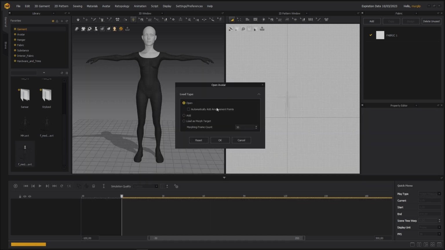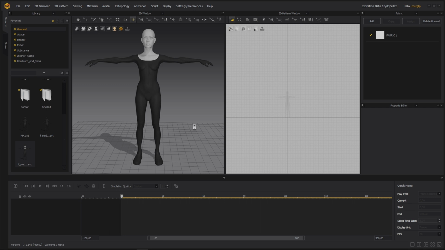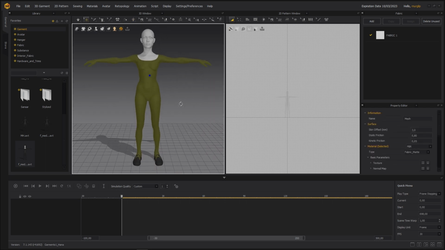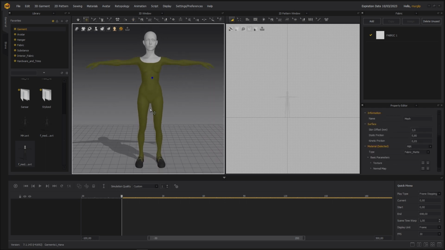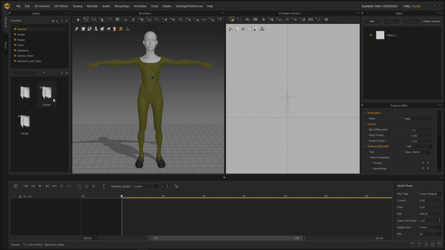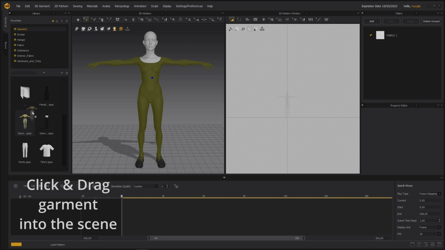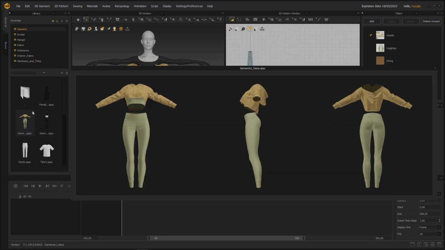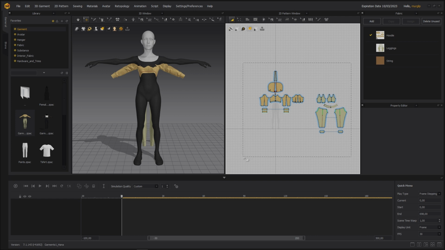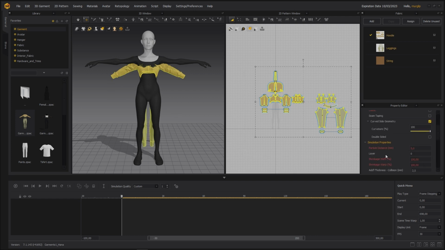So if you double click, then you can just open it, and then you'll always have this for future projects and so on. It's the same principle. Once you opened your fitted character that has a fitting suit on, you just go to retarget draping.